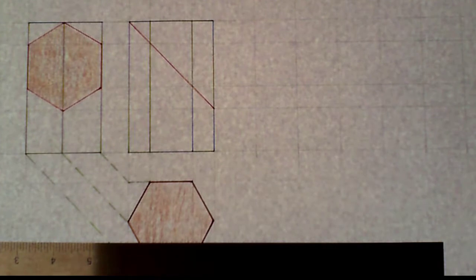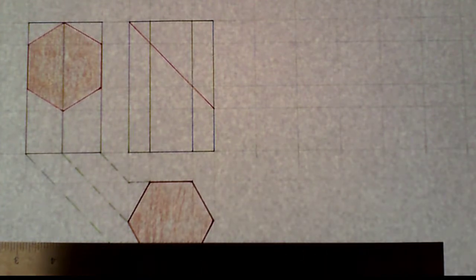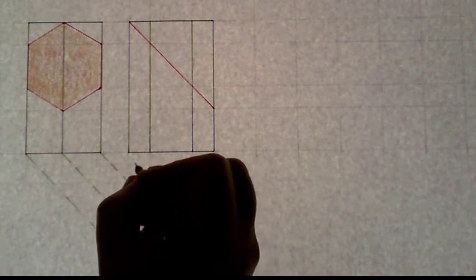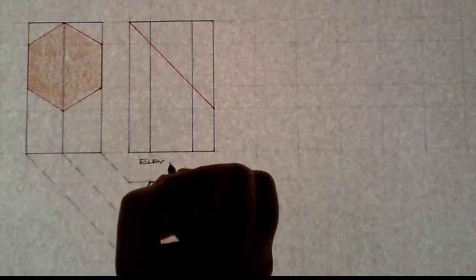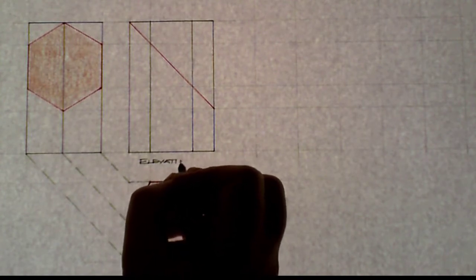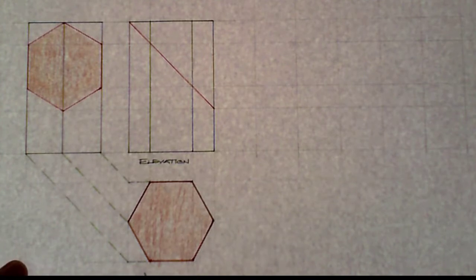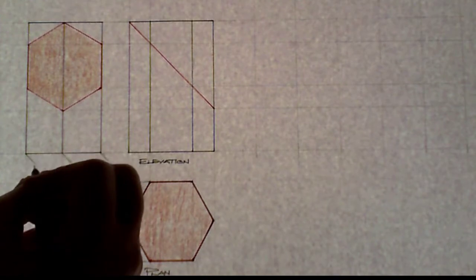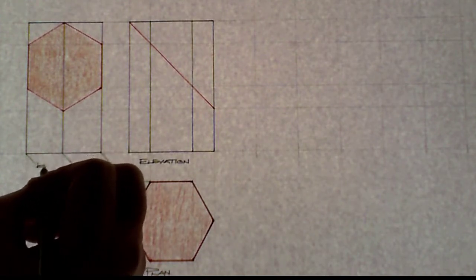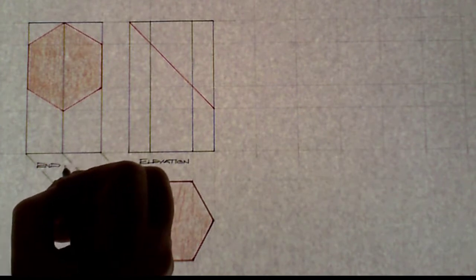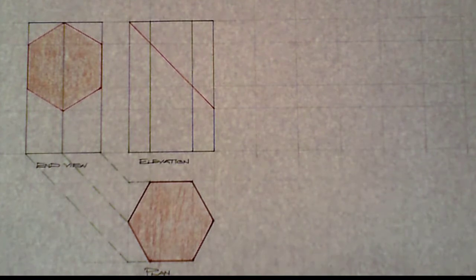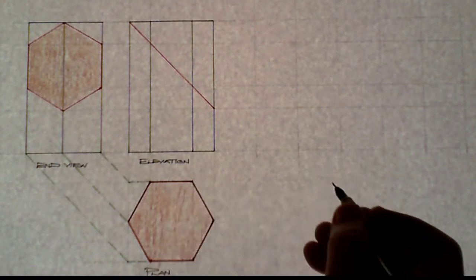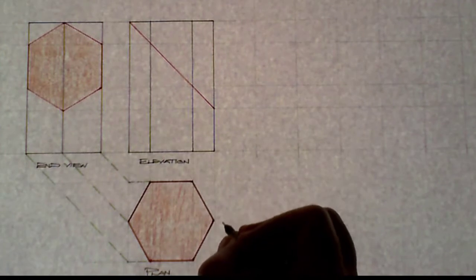Now, before I proceed, I'm going to just label the different views here. So we have the elevation, we have the plan, and we have the end view. I'm also going to index the points of the cut. So I'm going to have this here as point 1,